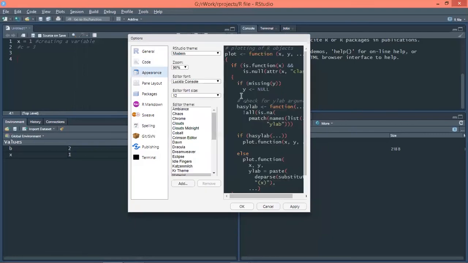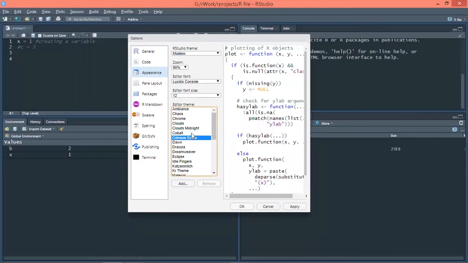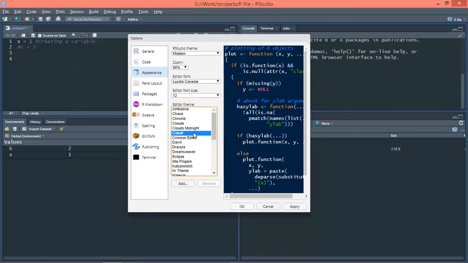Then there is Appearance. You can always change the appearance of your R. I have selected Lucida Console here. You can choose different types of layouts for your RStudio. Generally in today's time, people use dark layouts because they are more soothing to your eyes.